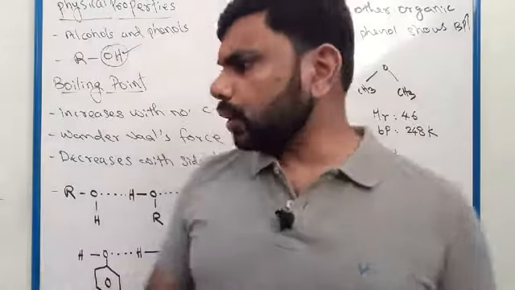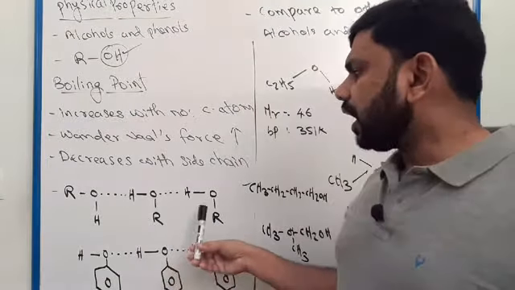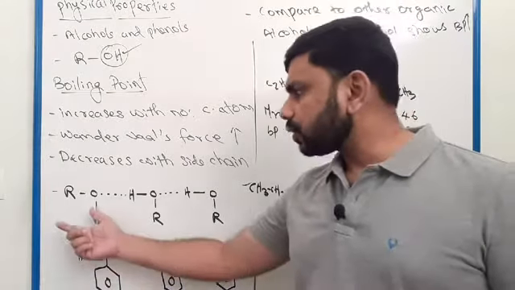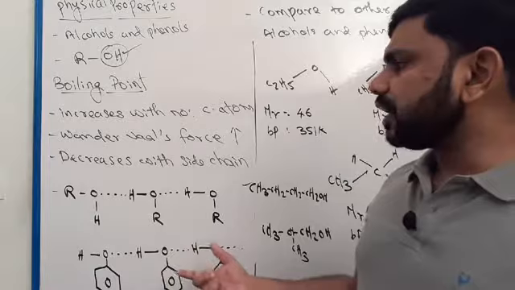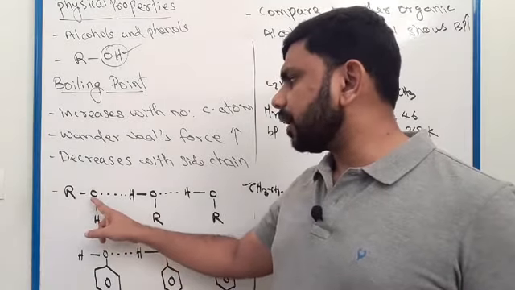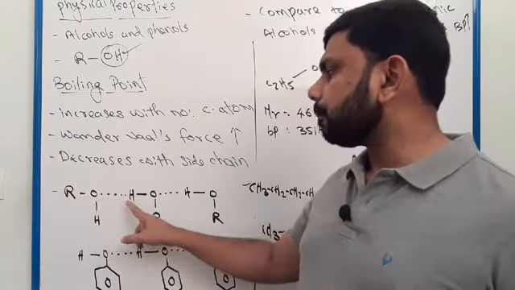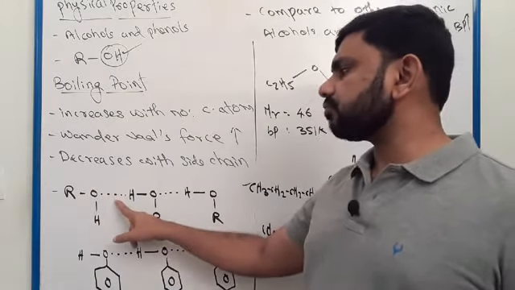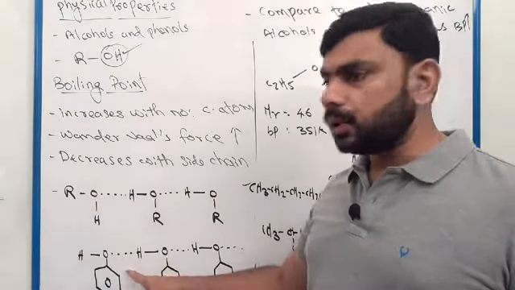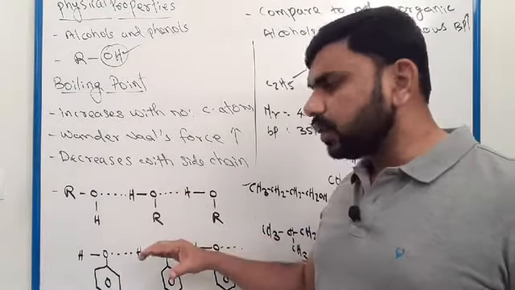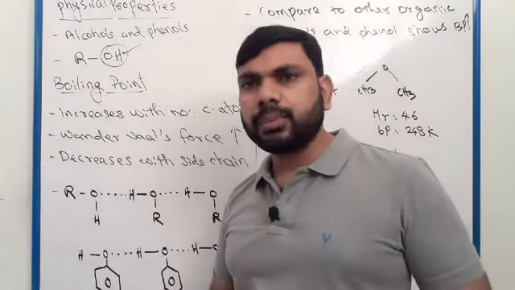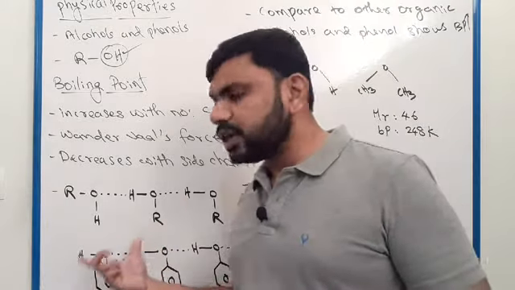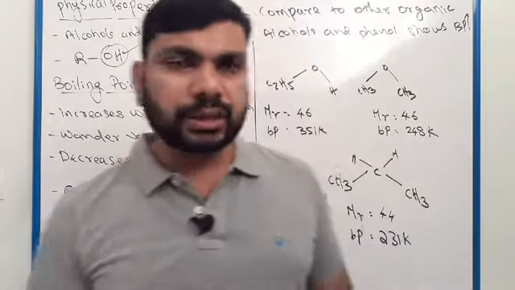Okay. Also, you have to understand here, alcohol or phenol shows intermolecular hydrogen bond. When we consider alcohol, there is partially negative oxygen and partially positive hydrogen. They will attract each other. This type of attractive force is called hydrogen bond. So in alcohol or phenol, intermolecular hydrogen bond is possible.